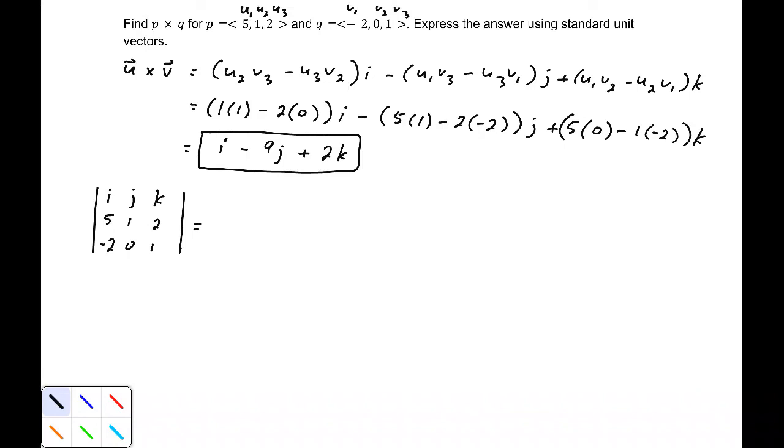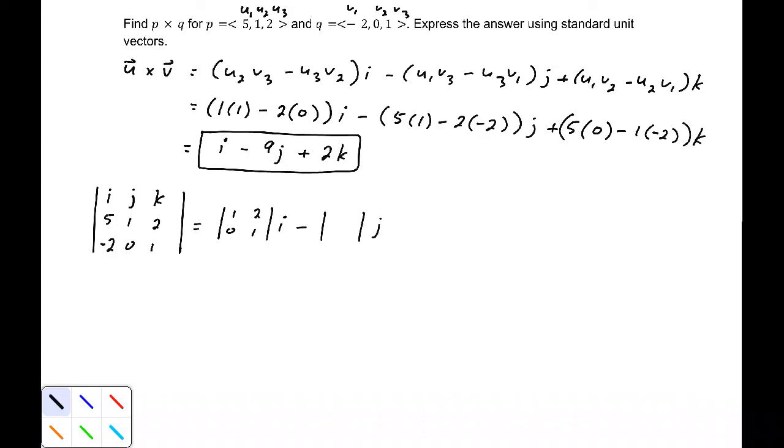And the way that a determinant works with a 3x3 matrix is you take the first component in the first row, and then you find the determinant of the minor matrix. That is, neglecting the first column, I'm going to find the determinant of the submatrix 1, 2, 0, 1. So that matrix, the determinant of it, I'll just go ahead and write it here. It's going to be the determinant of 1, 2, 0, 1, multiplied by i, minus,